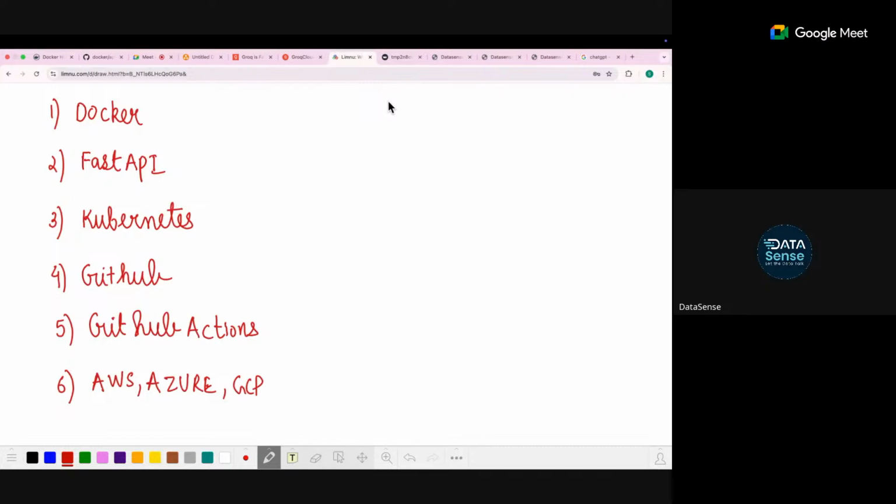Apart from this, there are a lot of other things that come in MLOps. For example, there is MLflow, which helps you in orchestrating. By orchestrating, I mean managing the workflow. Then there is a tool called DVC, which is data version control. We'll be studying this, and there are a couple of 3-4 more tools. But the overall objective of these tools is that you have to take something from a normal project on your laptop to an actual thing which can be deployed on a website. Okay. All clear?